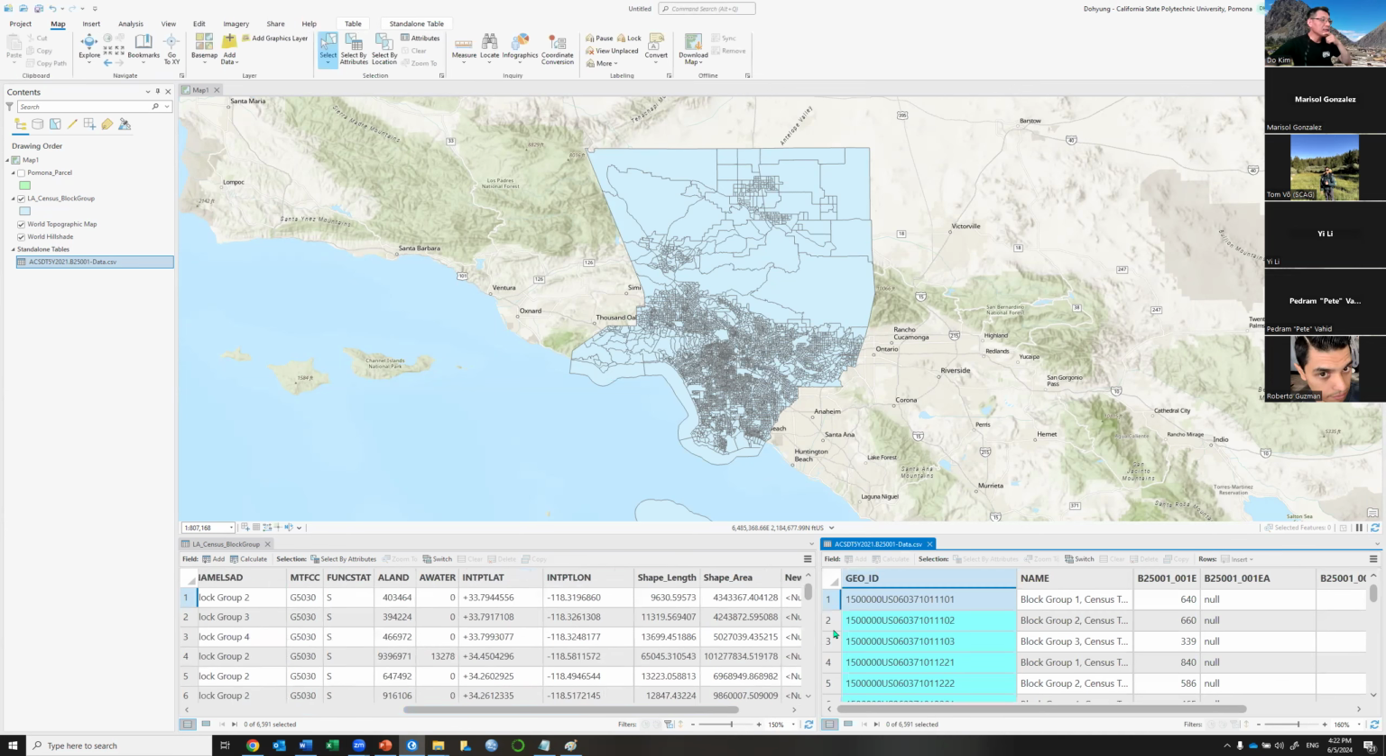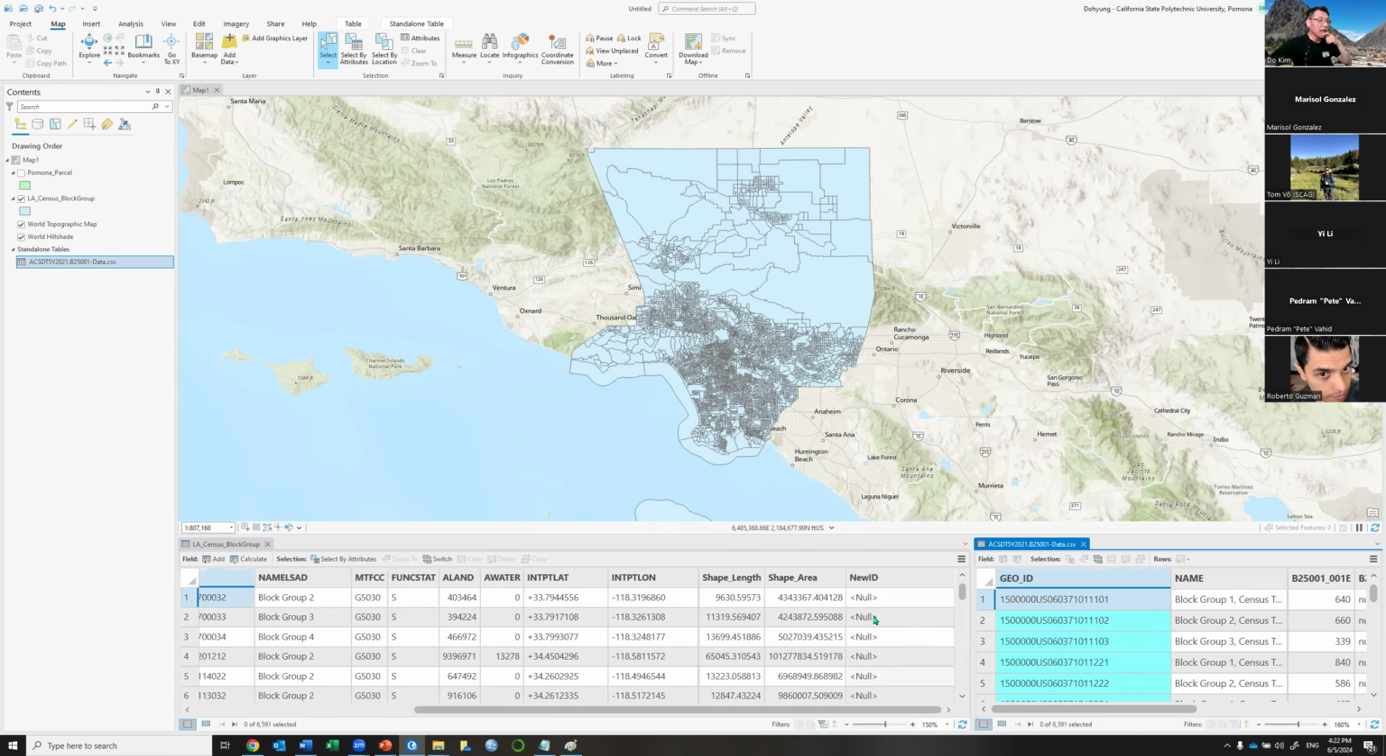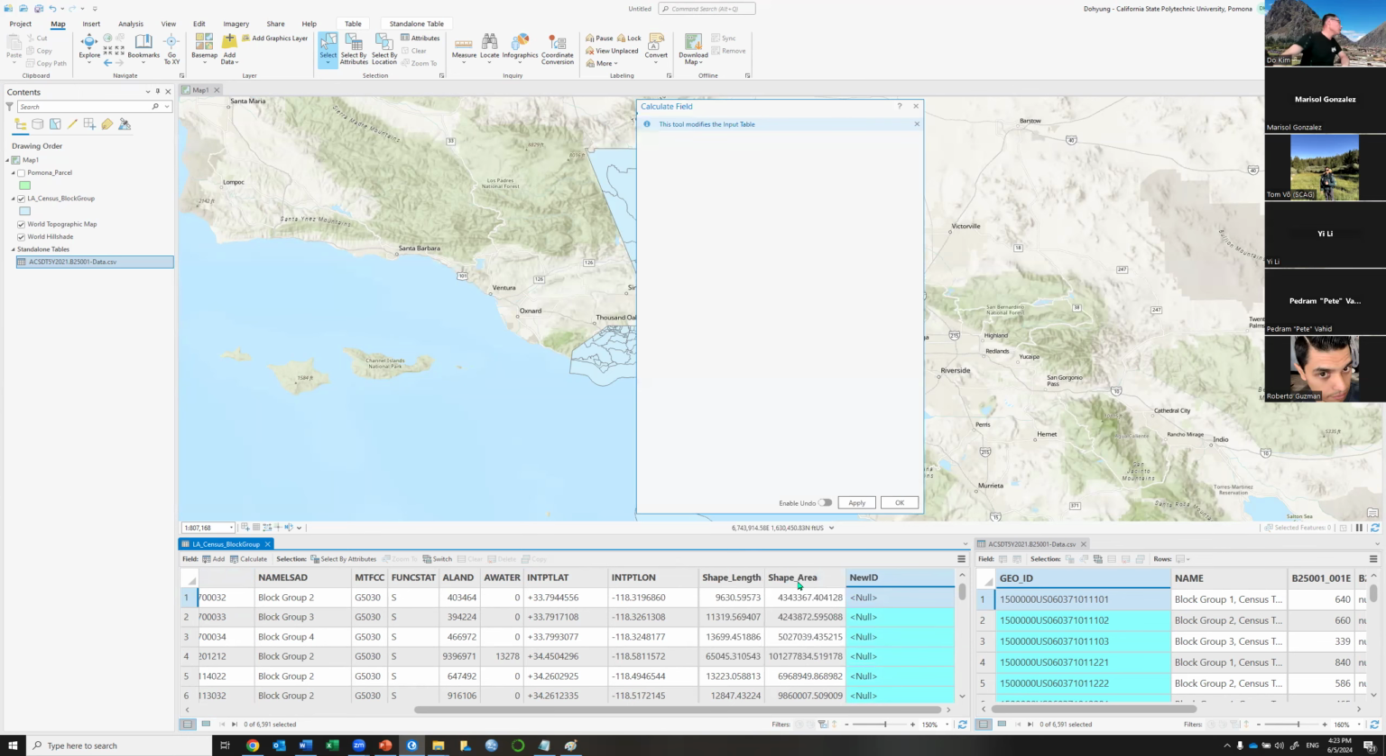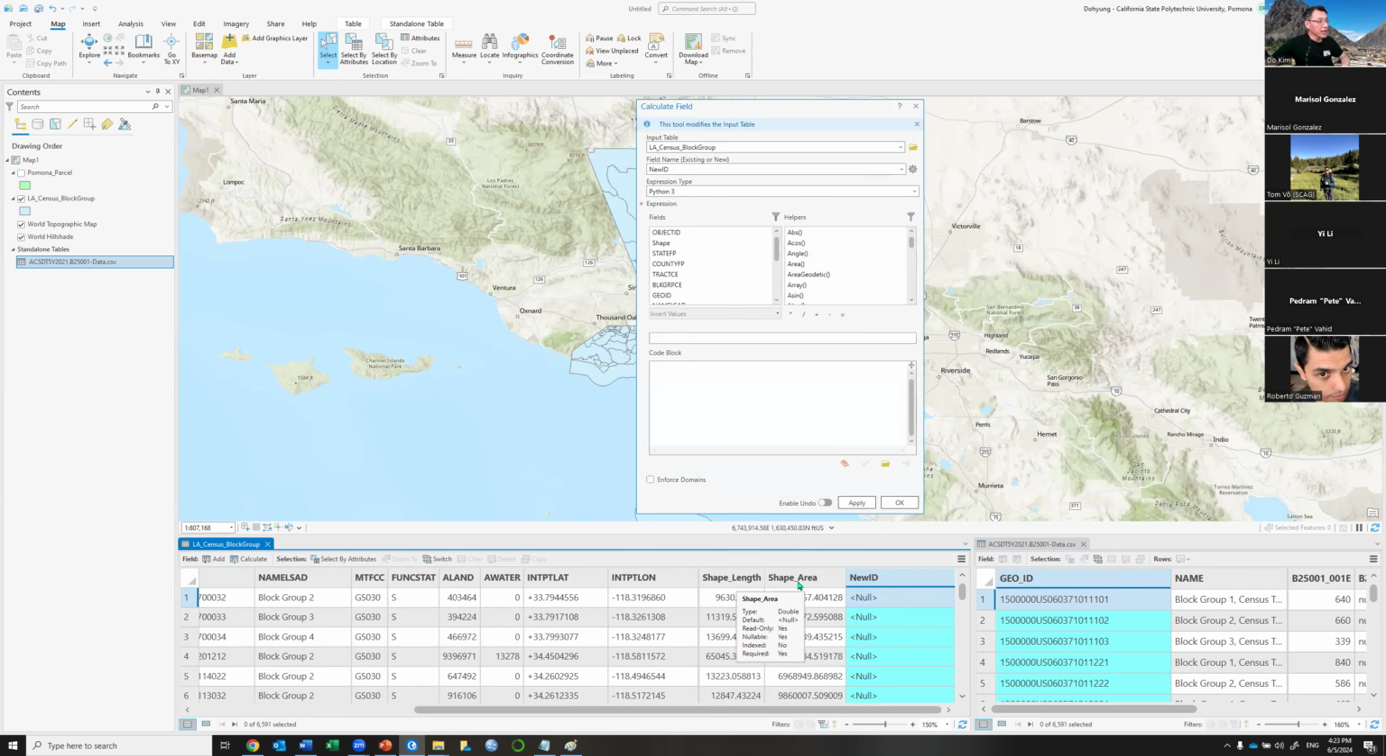And as you can see, I add a new ID field, right? Let's populate this new ID field using this calculate field. Once again,